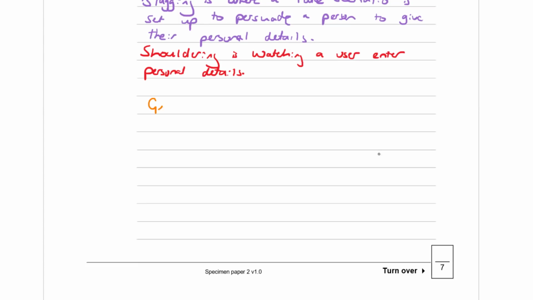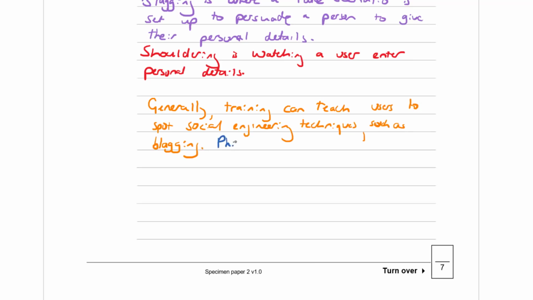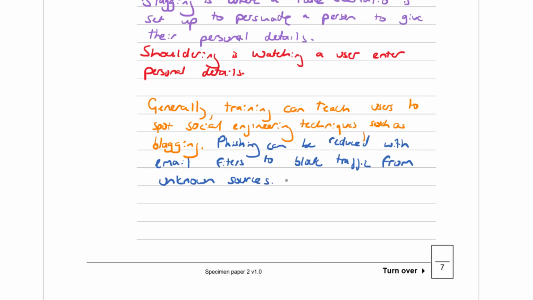So we could say generally training teaches users to spot such as blagging. Phishing can be reduced with web filters or with email filters, specifically with email filters to block traffic from unknown sources. And shouldering can be reduced by also having private offices or workspaces. So if you don't really want your terminal to be in the middle of your office or in the reception to your office, having private workspaces and